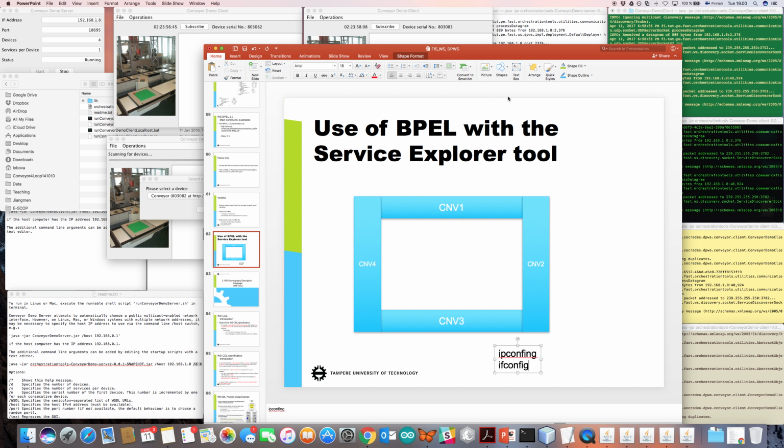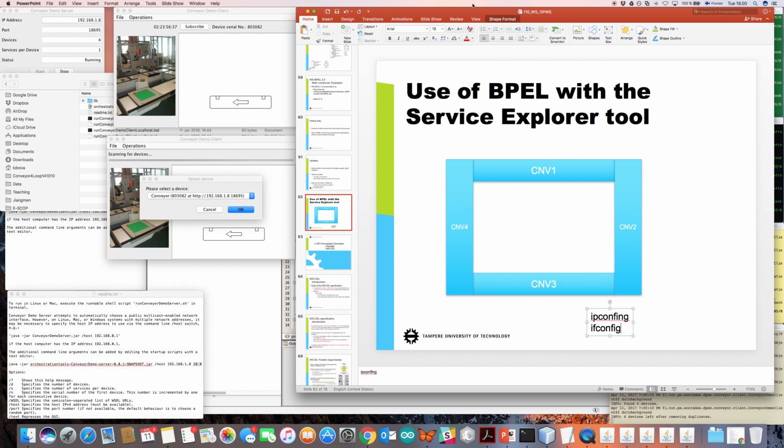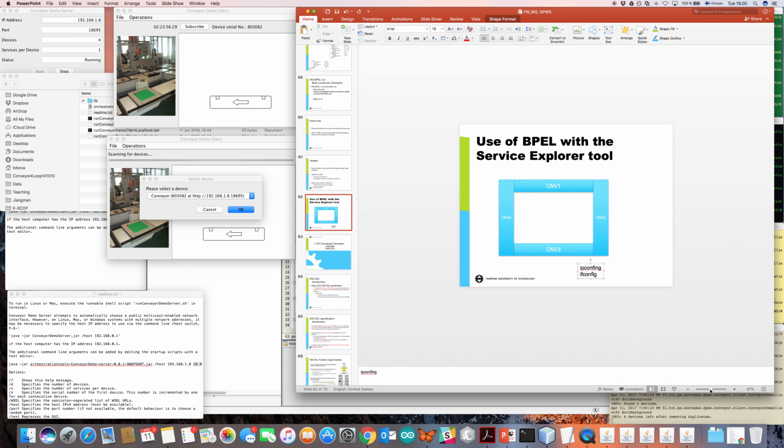Okay, let me reconnect my mouse in a moment. Okay, I'm using a wireless mouse, so let me a bit